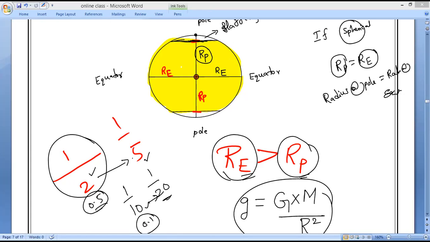Thus, the radius of the earth, measured along its equator,